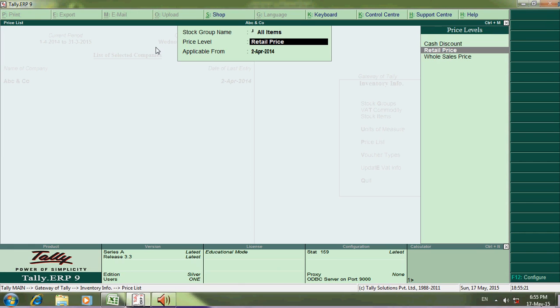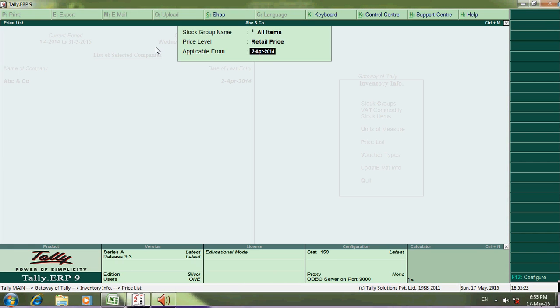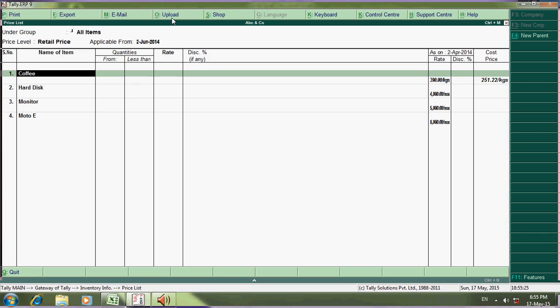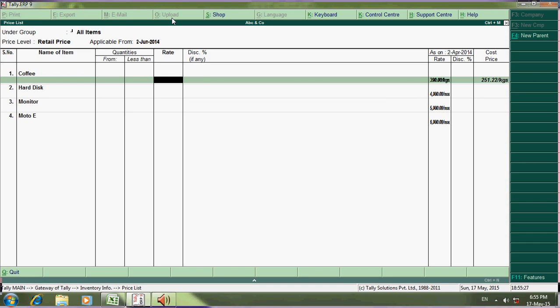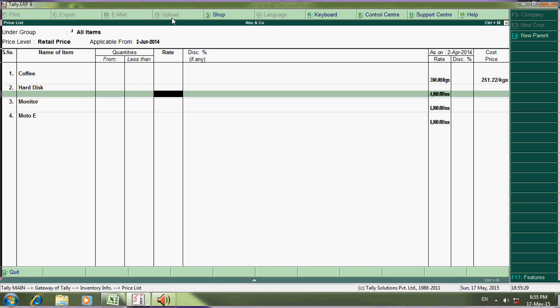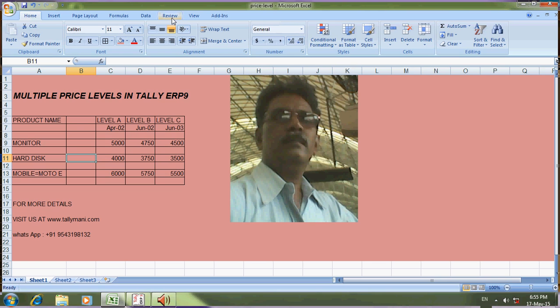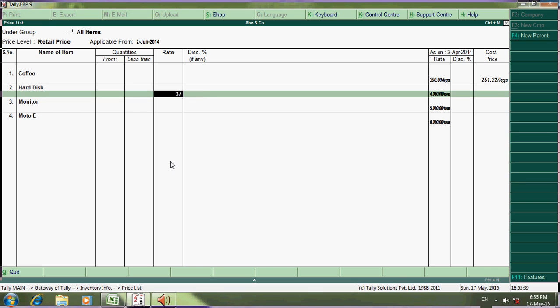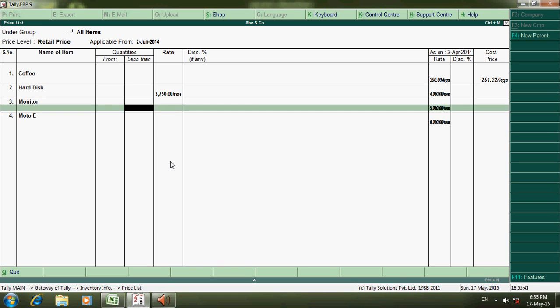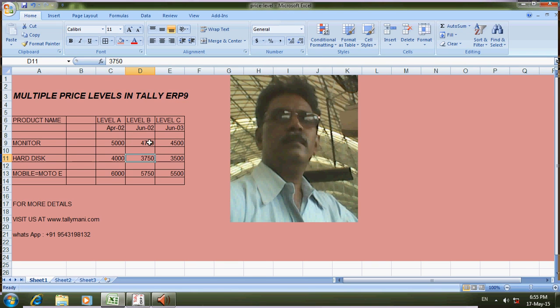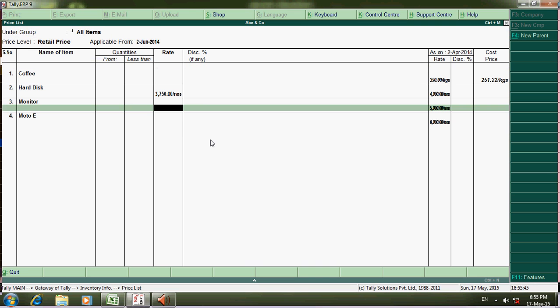Now the price level from 2nd June. From 2nd June, hard disk is 3750. Then monitor is 4750.